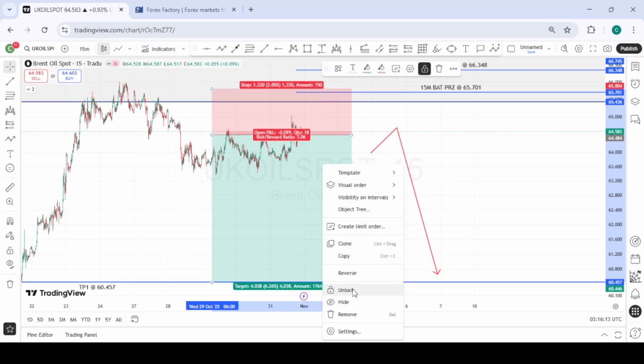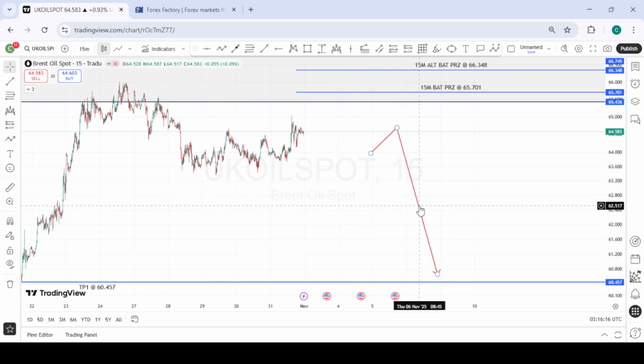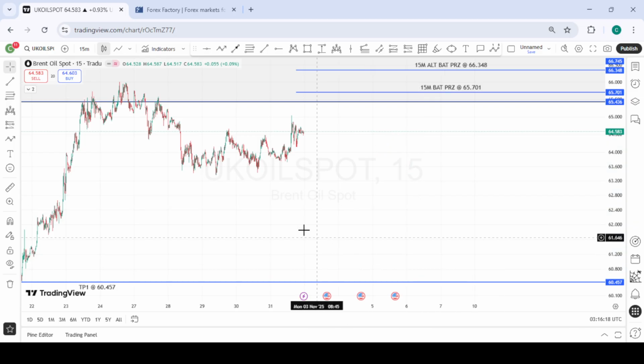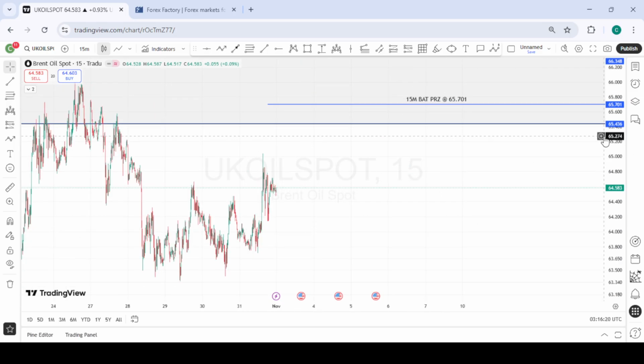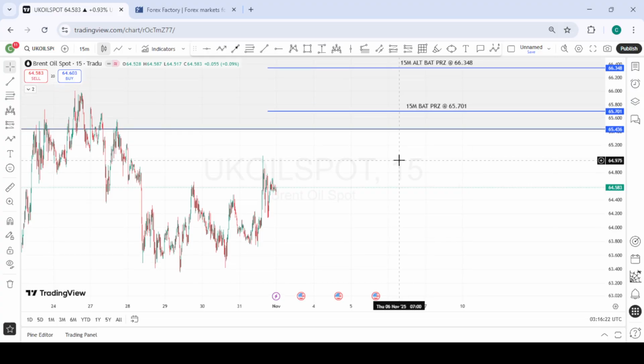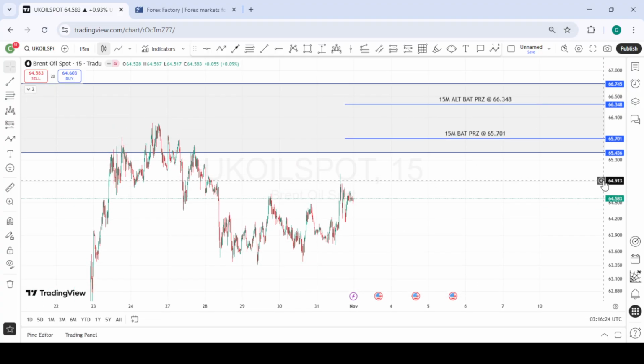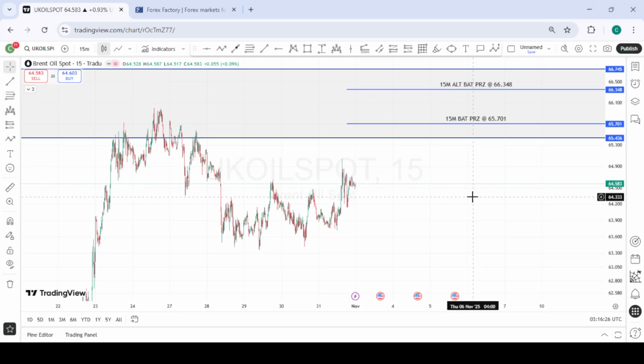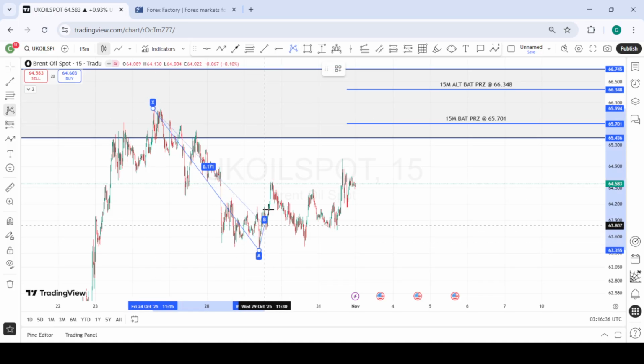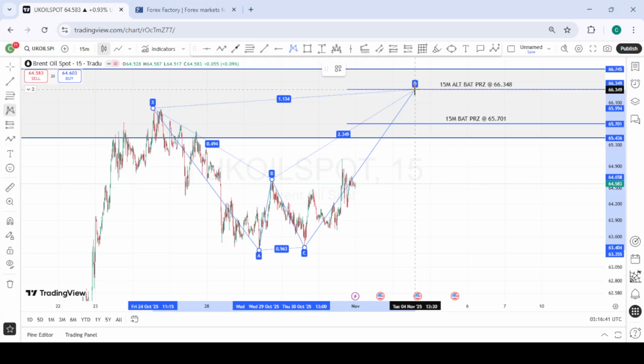So let me just hide this one. So this is a harmonic pattern that is developing currently, which is a reversal pattern as well. So if this pattern completes, we might have the opportunity to get a very nice entry to the downside for UKOIL. So this is the pattern that is developing. This is the X, this is the A, this is the B, this is the C, and the potential D